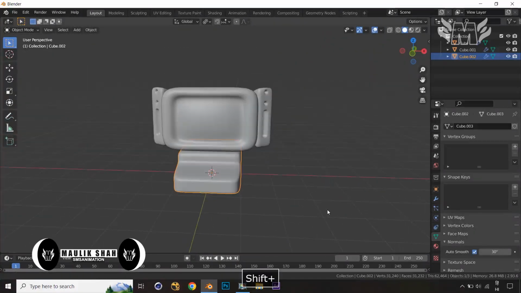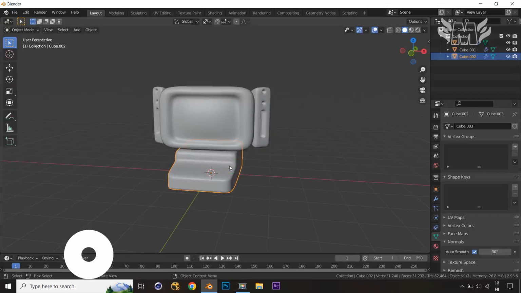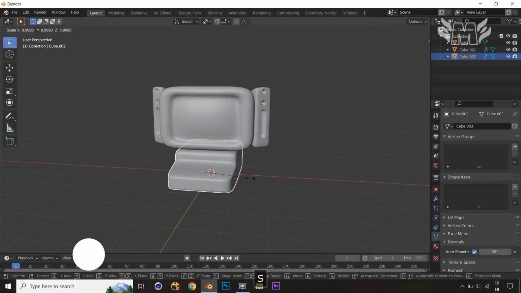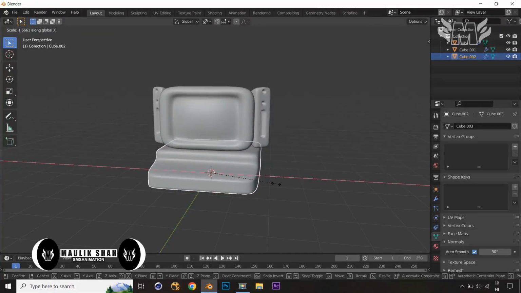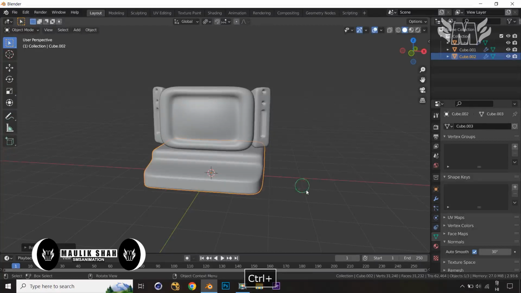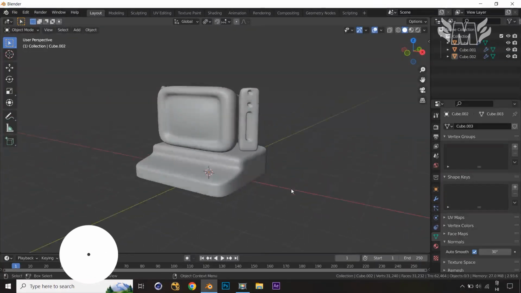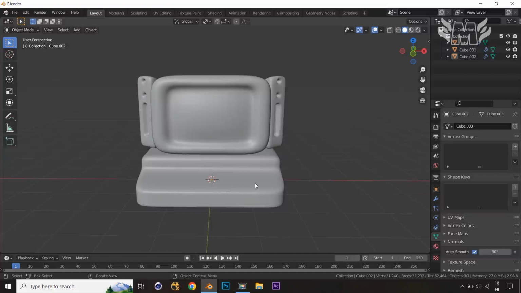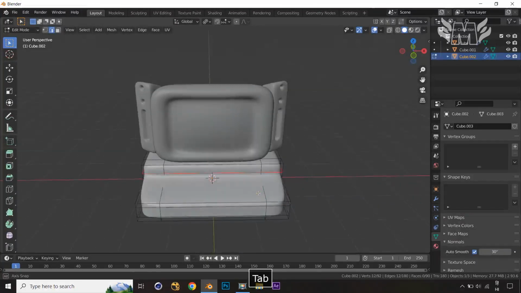Now what you can do, you can make it a scale also. So what I will do, I'm just going to select this one, S and X axis. I'm just going to make a scale something onto these edges. Okay, so now you can see that it's good enough for us. Now what I will do, I'll just jump, select and tap over here, then press 3